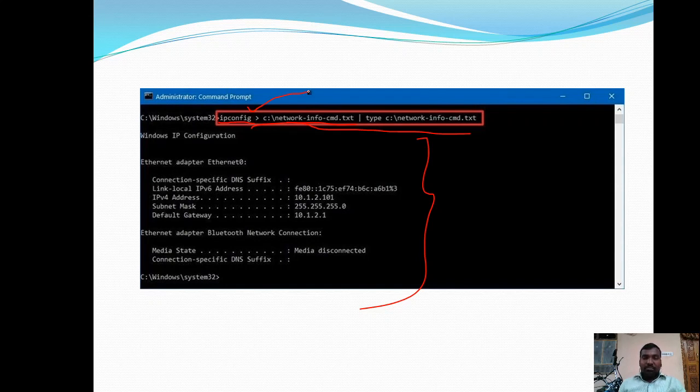The present system IP address configuration details are available, like which IP version addresses we are using, version 6 and version 4, and then subnet mask details and gateway details. Whether it is connected or disconnected from the network, all these details are available. Ethernet 0 is the name of the adapter. So like this it displays the details and exports those details into a text file.